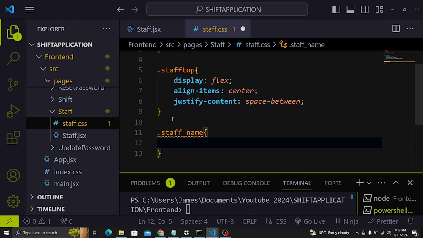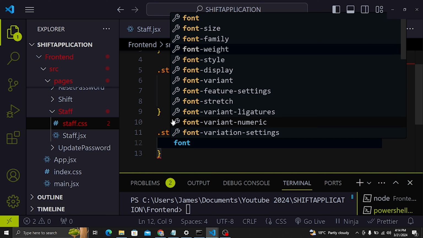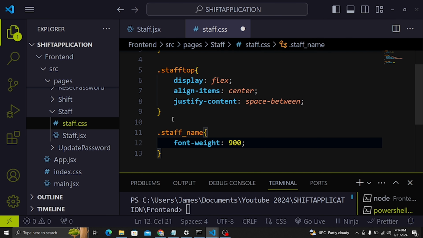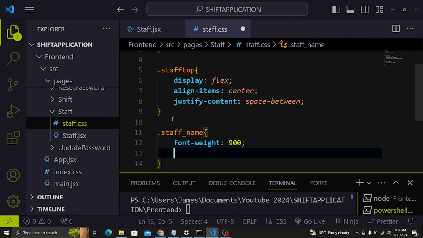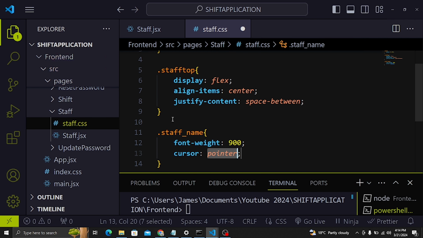For the staff name, I'm going to give it a font weight of 900, and then a cursor of pointer. So cursor pointer, like that. And then also I'm going to